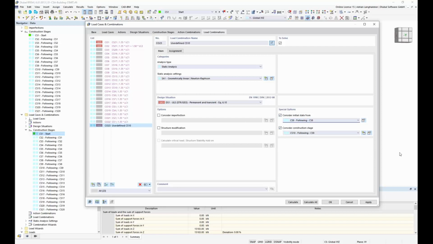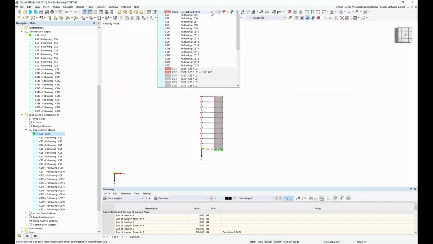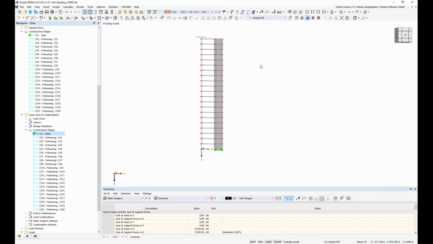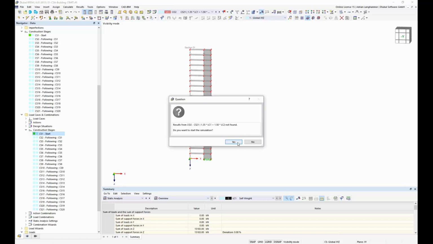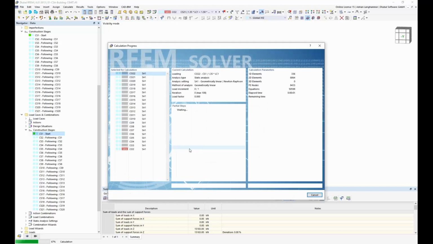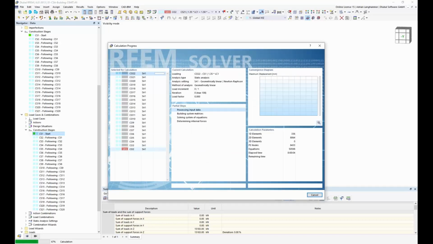Now I'm ready with the definition of the load combinations, and I could check here with OK, and I could start the calculation. Maybe first the combination 2 for the finished construction, and so this is with live load. There's also construction 1 only for the dead load. Here we see